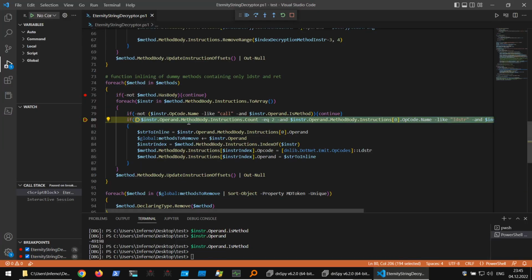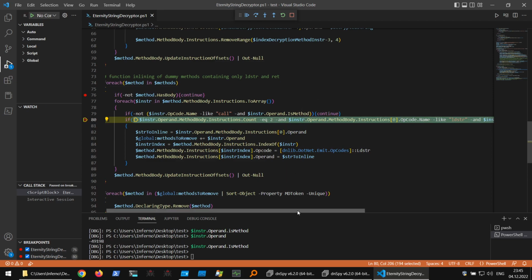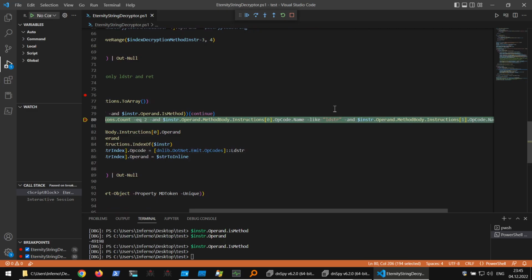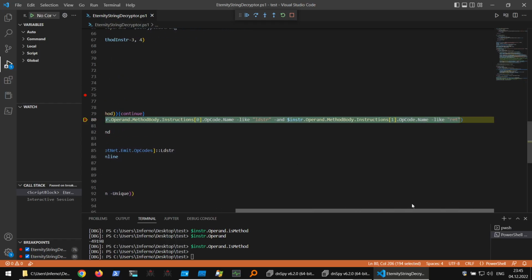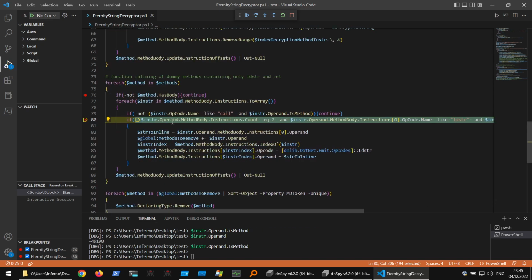So if the instruction operand method body, because we already know that it's a call to a method, if the destination method itself has an instructions count of 2, so only 2 instructions, where the first is load string and the second one is return. So only these dummy methods. We will just